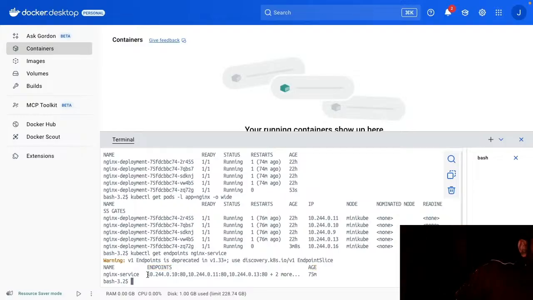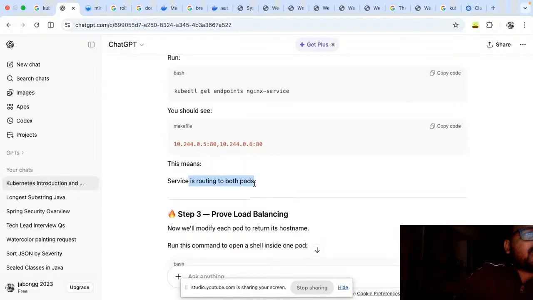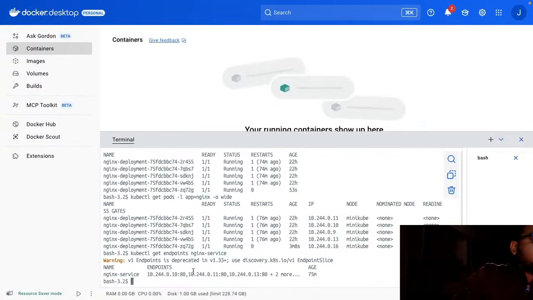So here you can see the IPs, 10.244.0.9, then 10, 11, 13, and 16. Basically the same thing, I think. So all are listening on port 80, right? This means the service is routing to all the pods, basically all the five. Three are here plus two more. So the service is routing to all the endpoints, basically all the pods,